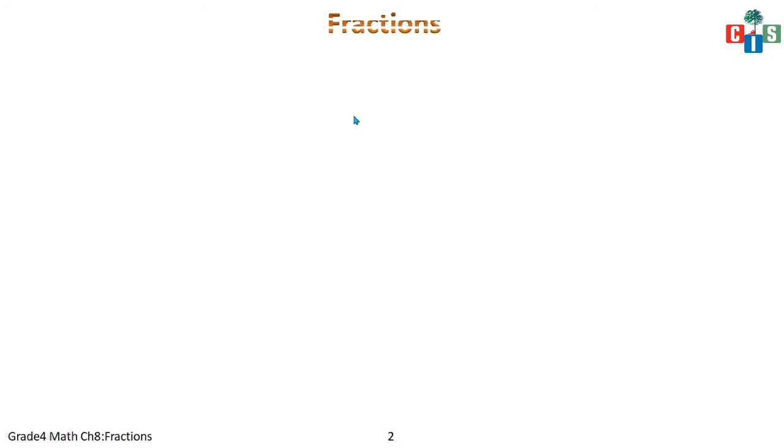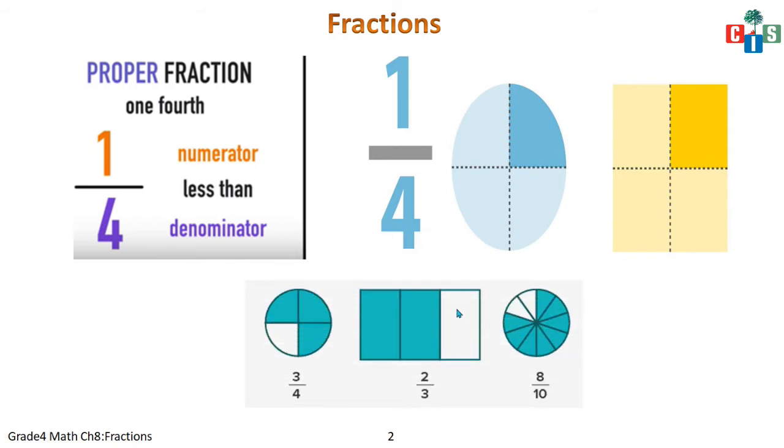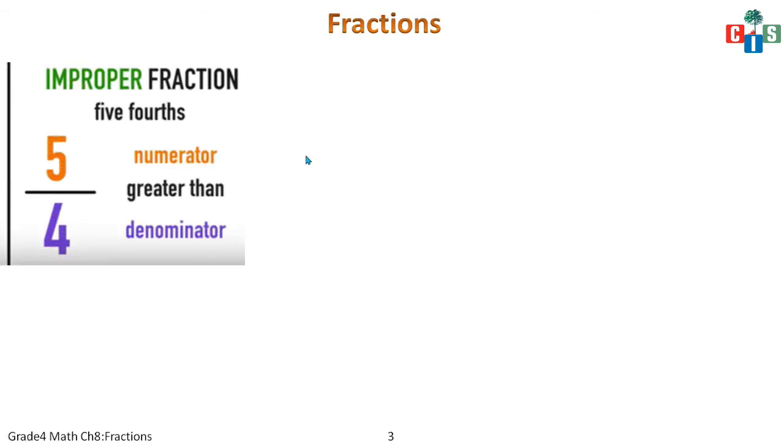Now first of all, I told you fraction is divided into three parts. Proper fraction first we will see. In a proper fraction the head is proper, that is the numerator is smaller than the denominator, and here is an example where 4 parts are there and 1 is colored. This is 1/4. Fine, this is an example of a proper fraction. More examples: you have 3/4, 2/3 and 8/10. Okay, these are examples of a proper fraction where the numerator is smaller than the denominator. The head is proper.